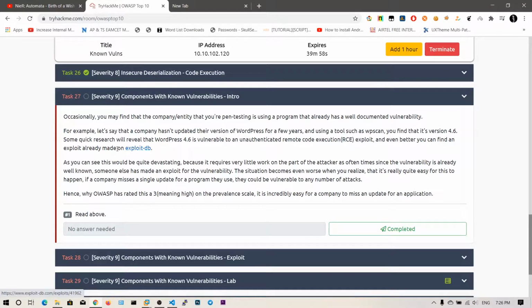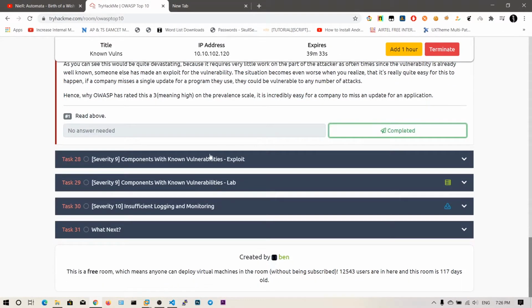You will see in Metasploit there is a tool called searchsploit, and it uses this exploit database to search over the exploits. Here they are saying that they already have the machine and it is running WordPress 4.6 and it's vulnerable to unauthenticated remote code execution. So we need to find this exploit and run it. So let's click on completed,